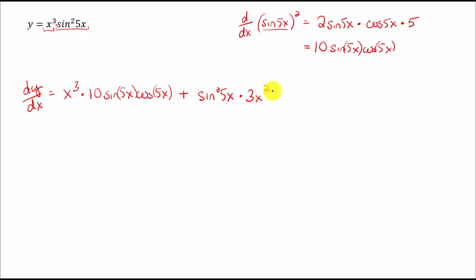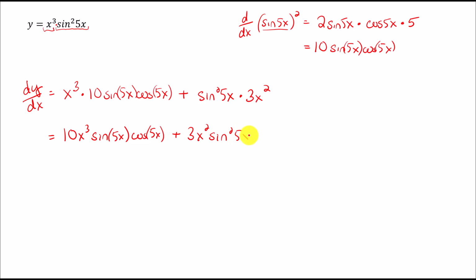And that's pretty much it. I could write this 10 in front, so 10x cubed, sine of 5x, cosine of 5x. And then I personally like to write the 3x squared first. So I have 3x squared